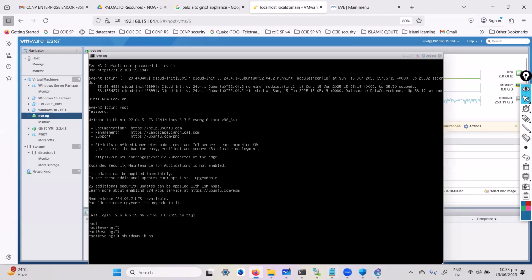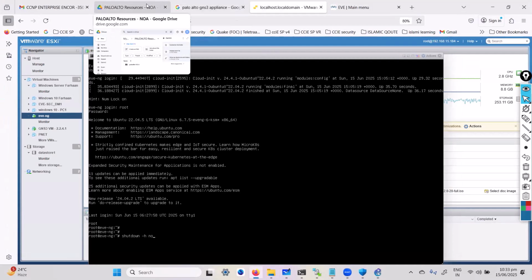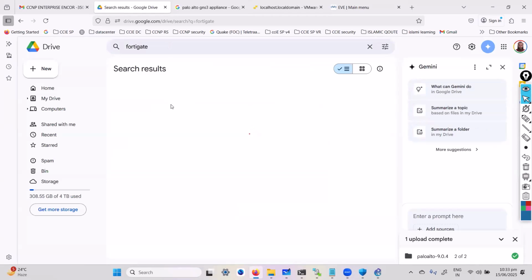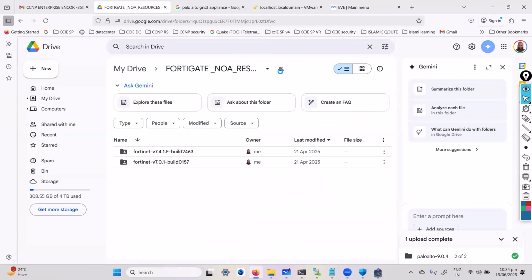Now the images, again, I'll be sharing the images. You can find the images. I'll drop the shared link, so no need to worry. The FortiGate images I'll be sharing. So probably you can use these images to upload the files. I'll try to drop the links as well for you, and we'll be using the 7.0 images. So whichever image is working, we'll be using this. Okay, so the prerequisite